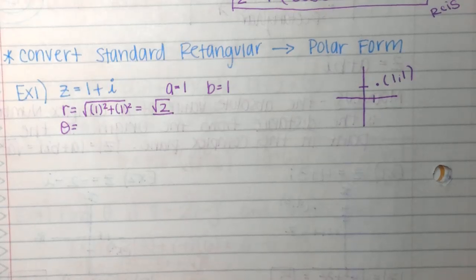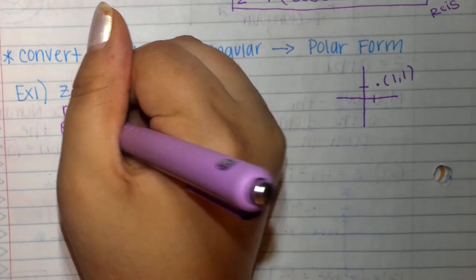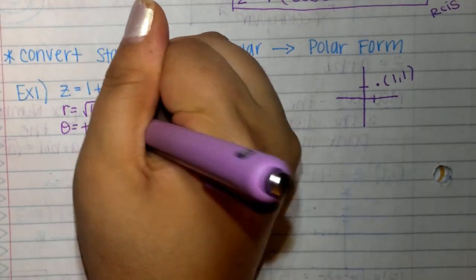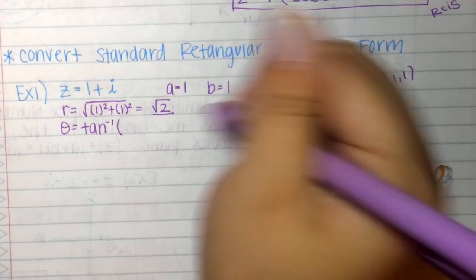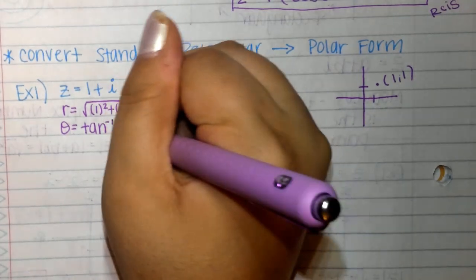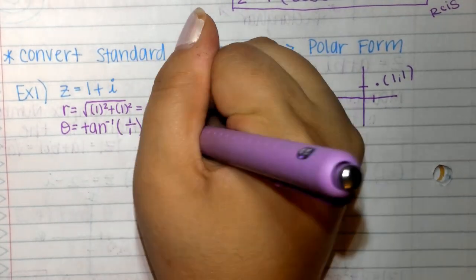How do I find theta? Nope. The inverse tan. And what am I inversing for tan? What over what? Ooh, be careful. B over A. In this case, it doesn't really matter, but it will matter eventually. B over A, which is